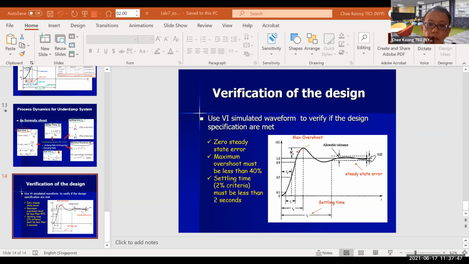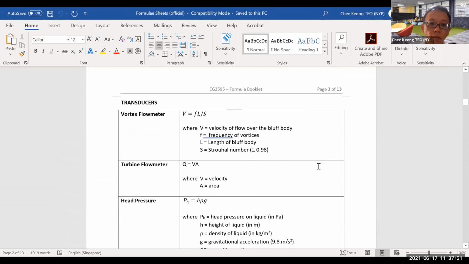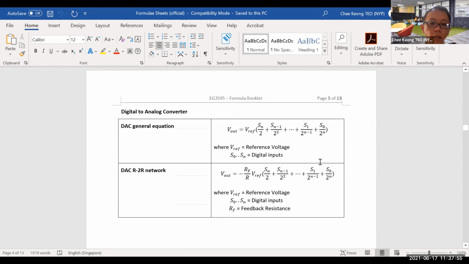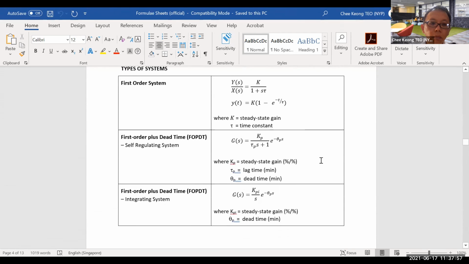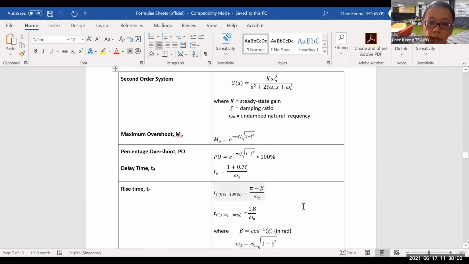Of course, you can see that the formula sheet has the equation for the second order underdamped system given around here, right? This is for the first order, and the second order is given here. So if you take a look at the formula sheet in the tutorial, you will be able to find all this. Now, what I want to show you is the